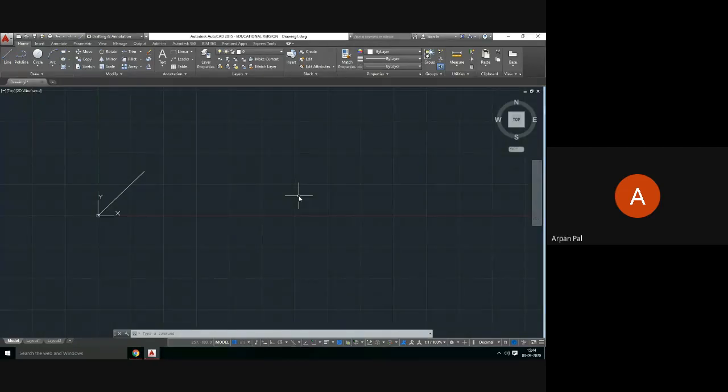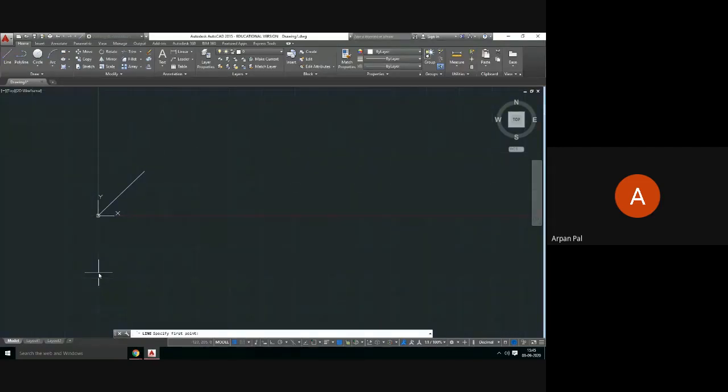So how many methods are there? After taking the line, I can give a coordinate input, or I can click anywhere, and that will be taken as a coordinate. If your dynamic mode is on, then as you move your cursor, your coordinates continuously change. So switch off the dynamic mode, and wherever you click, it will get the point. If I want to keep the coordinates here, I need to type the coordinate. And how to give the coordinate input? One x value, comma, y value. And then for the second one, you can give the dimension and then OK, or you can give the coordinate point and give OK.